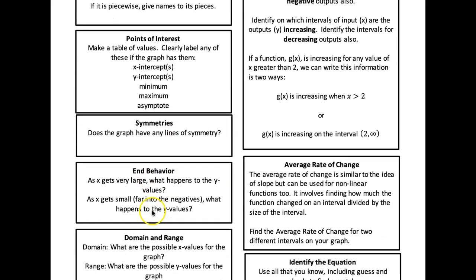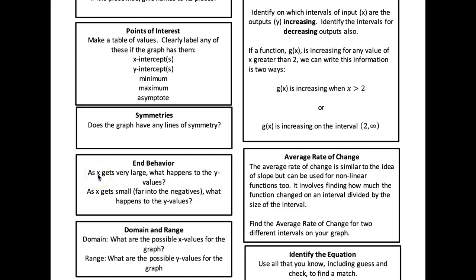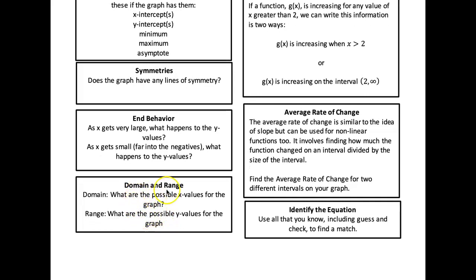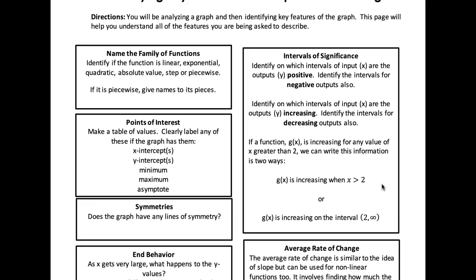This one's a little tricky, but basically what we're answering is what happens to the y values as x gets, so here it says very large, but basically as x approaches infinity or gets very large, what happens to y, and then same thing as x approaches negative infinity, what happens to y. Domain and range kind of similar, but you can see the question here, what are all the possible values for x is your domain, what are all the possible values for y is the range, and then over here on the right side,